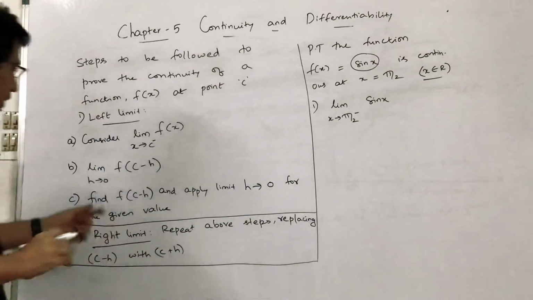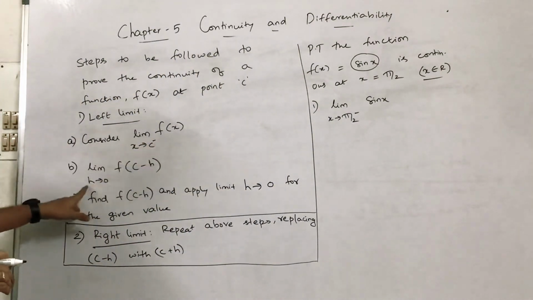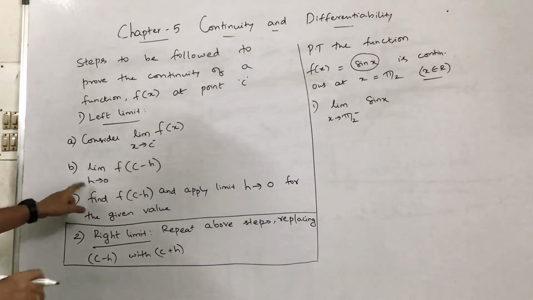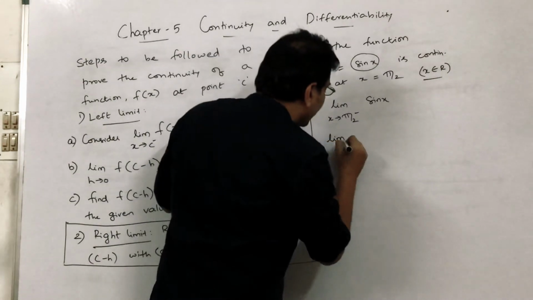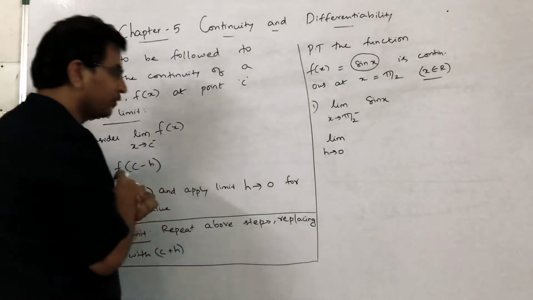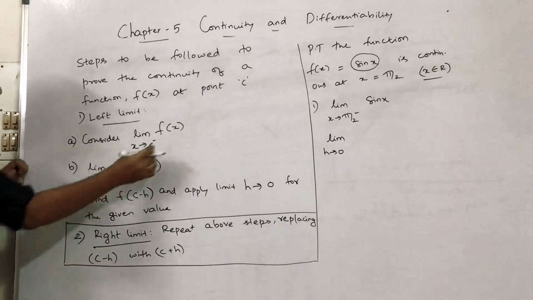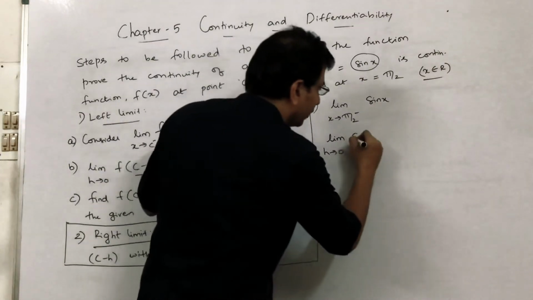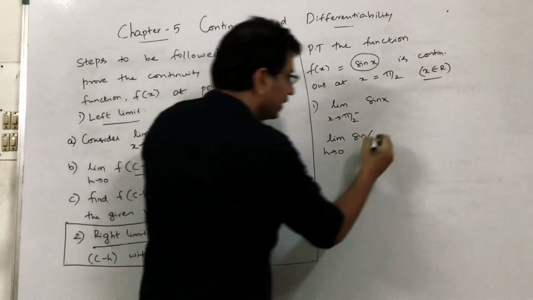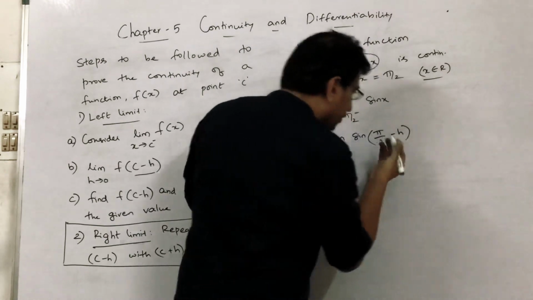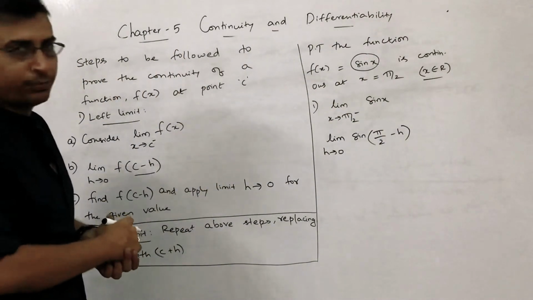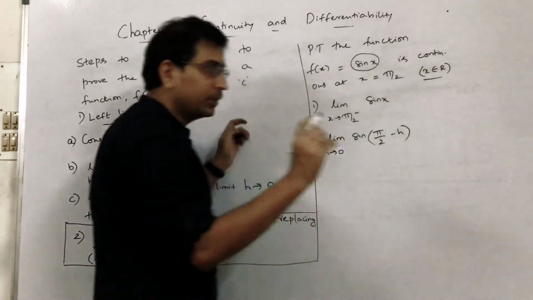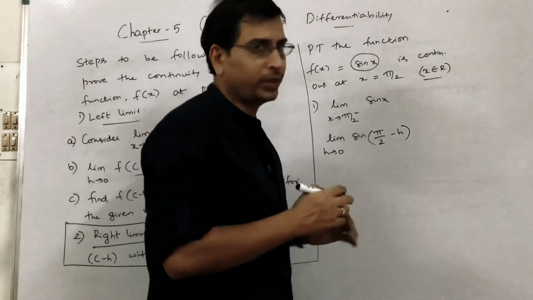Now what is the second step? You need to replace x tends to C minus with a point h which tends to 0. In the introduction video I have explained what this point h is. So replacing it with h tends to 0, in the place of x, you need to replace it with C minus h. So it is going to be sin of pi by 2 minus h, which is some point on the left of pi by 2. Don't be in a hurry to just substitute the value. First you need to make sure that the function is simplified.